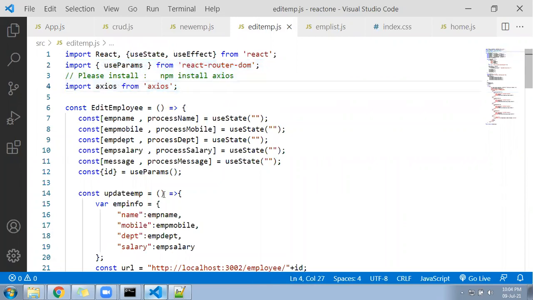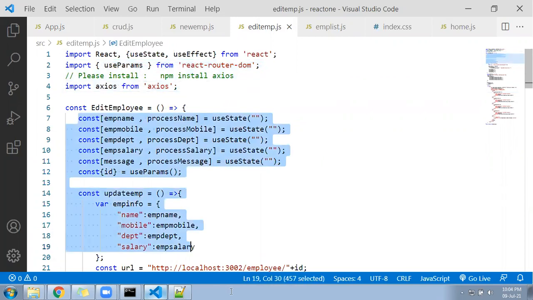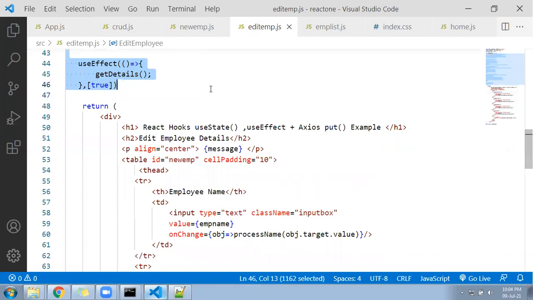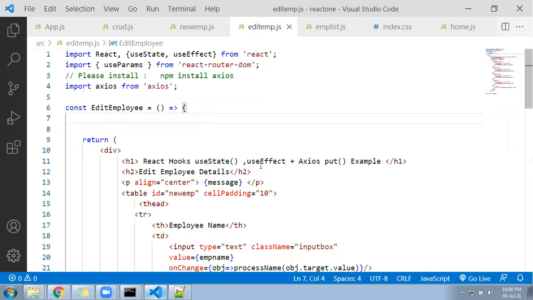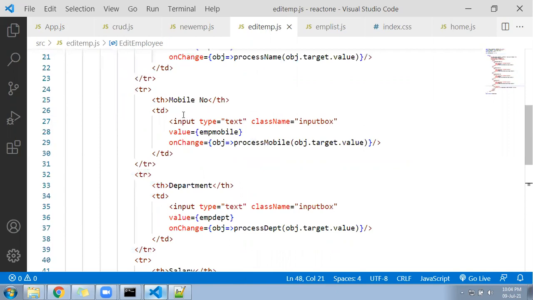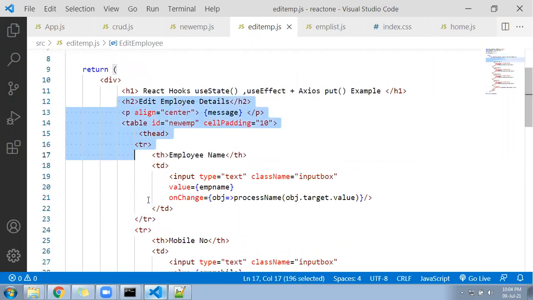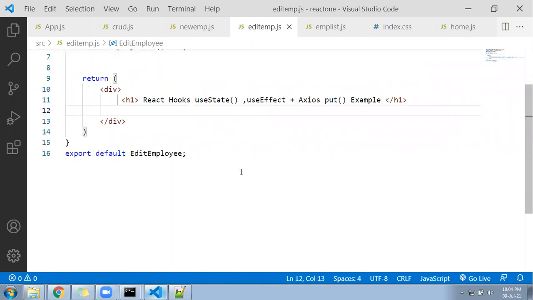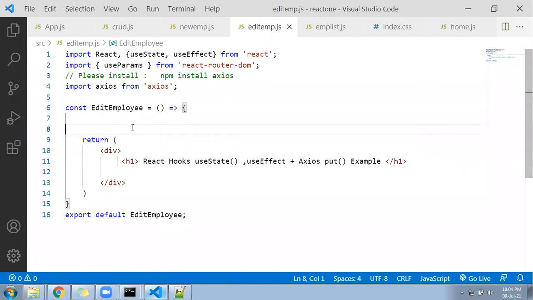These functions I have written, I will be deleting all. So these functions I deleted, and on top of that I will be deleting all the HTML code. Okay, I'll keep only one line here just for the heading purpose. Let me delete all HTML code. So everything is gone. You can see this page becomes a completely plain page.